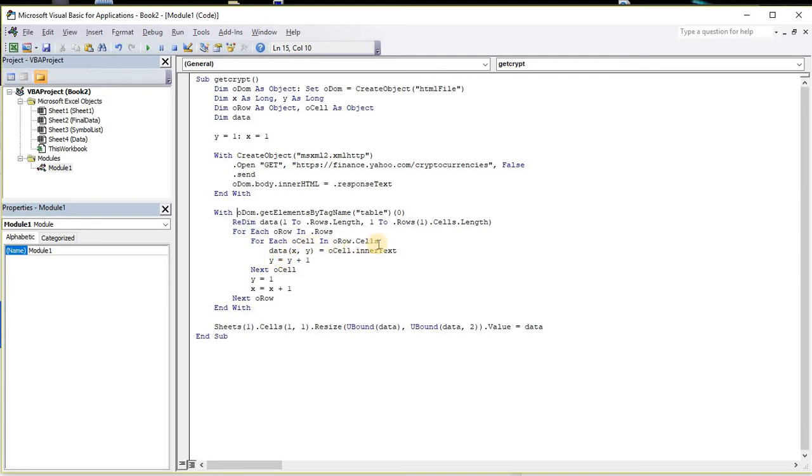And then for each cell, we have data XY, which is O cell enter text. So it's simple but yet complex type of script. It just does this for each row of data, runs through this loop. Then we end the with, and then it puts out my data by identifying the sheet, the cell reference,